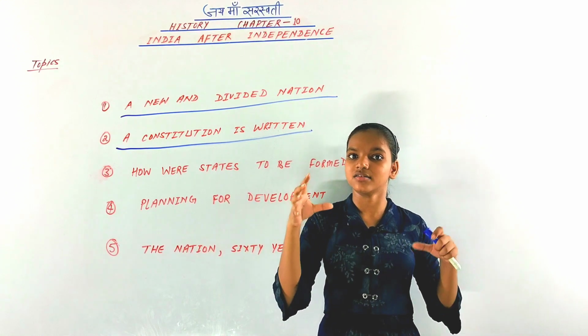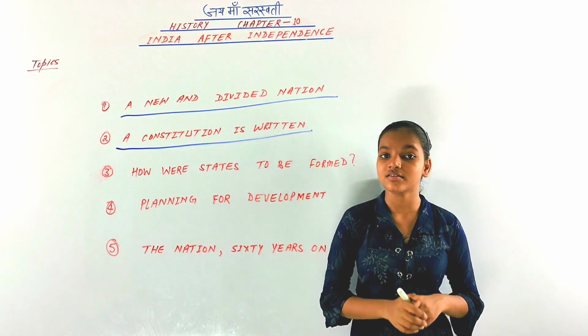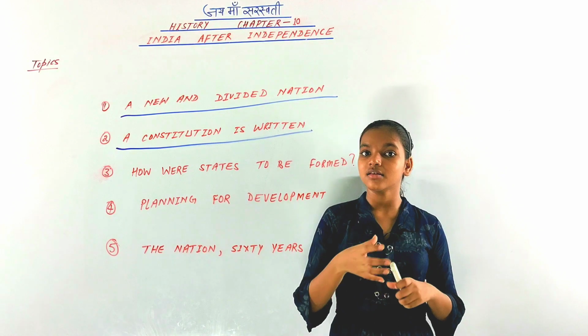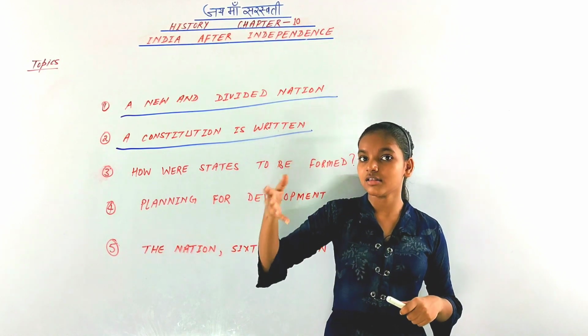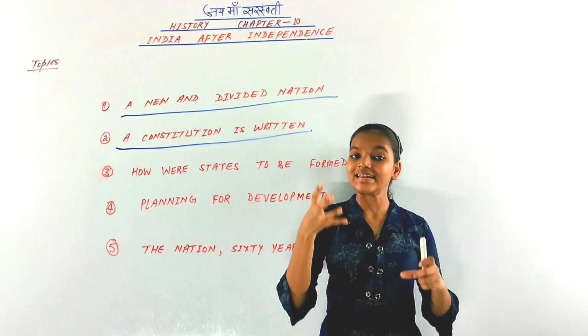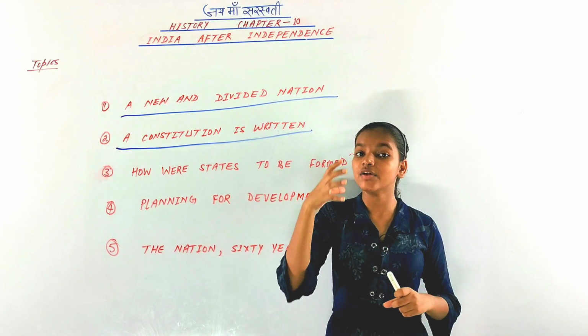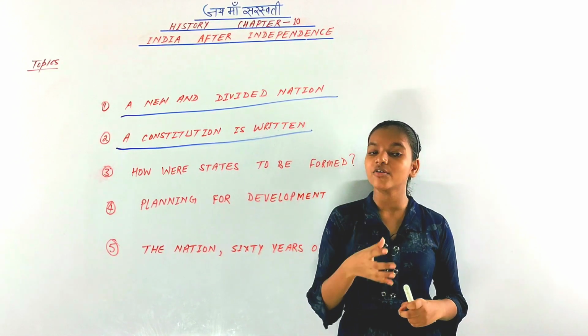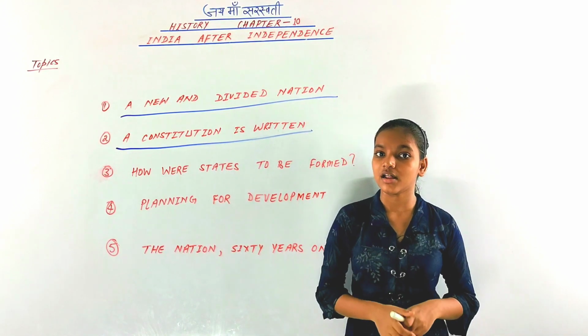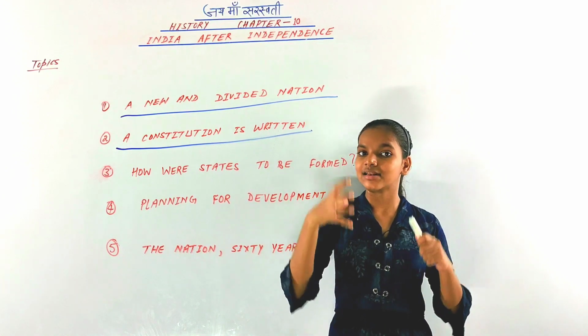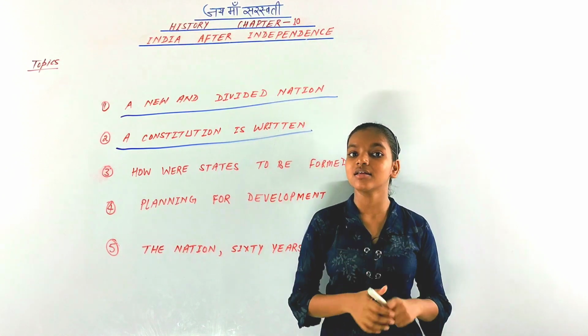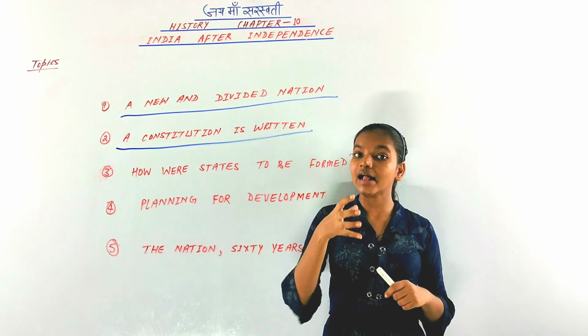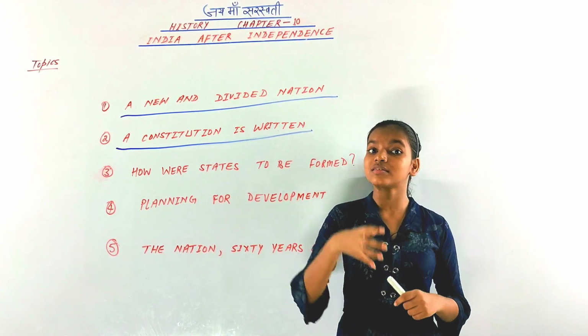We made three lists. The first was the union list. In this list there were foreign affairs and matters of taxes, which would be given to the central government. This power was given to the center. The second list was the state list. In this list, affairs of health and education were given to the states.